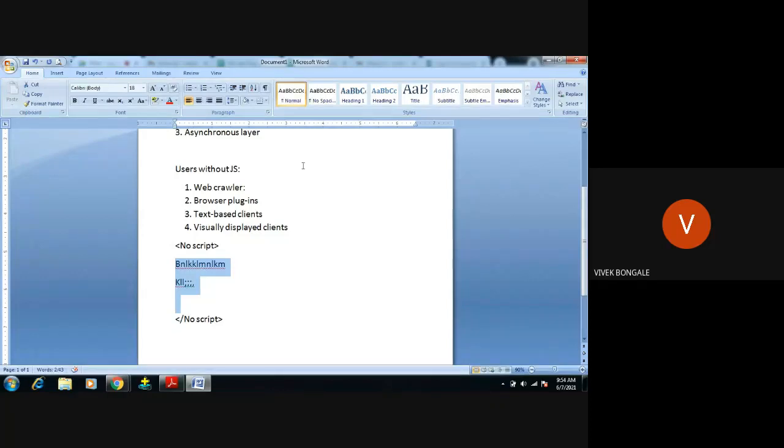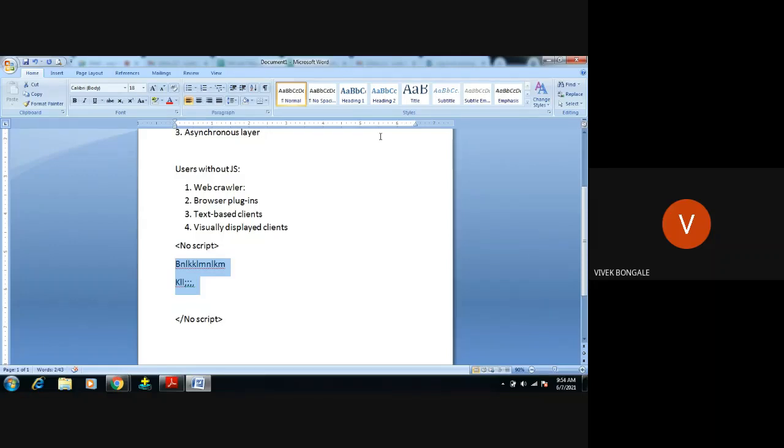When the browser gets a web page with this noscript and ending noscript, and some statements in between, though the browser doesn't support any scripting language, the content in between noscript will be displayed in the browser, irrespective of scripting language.